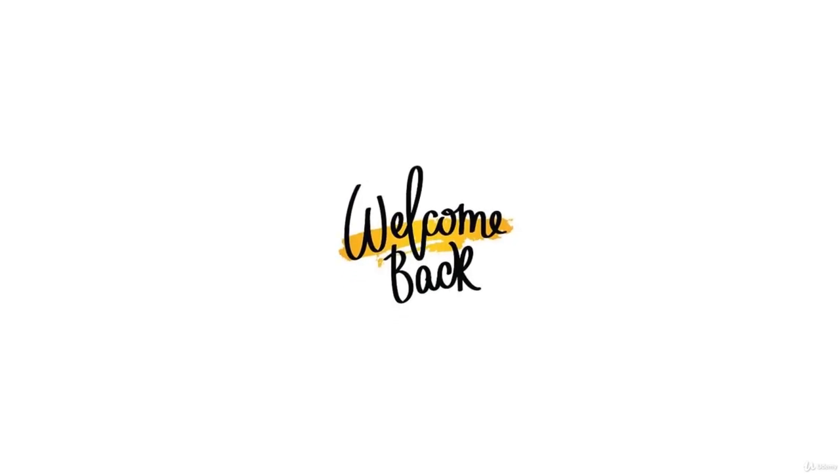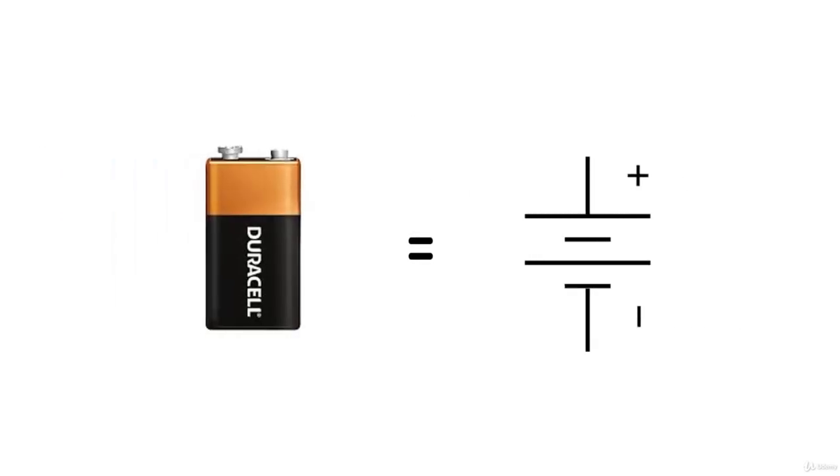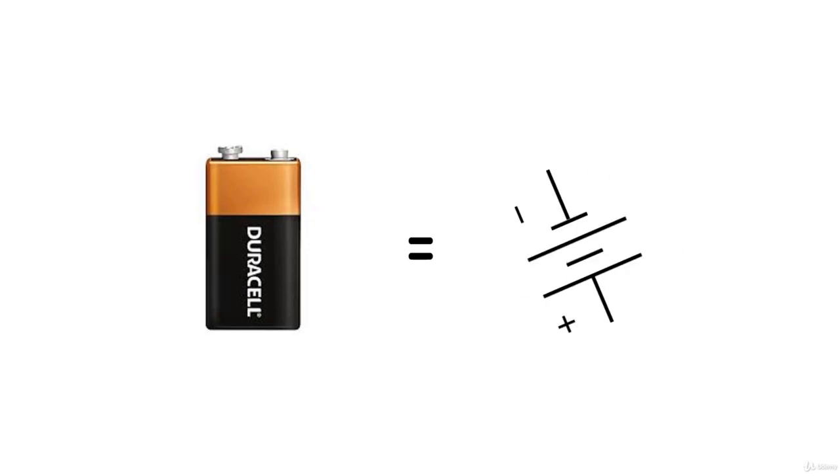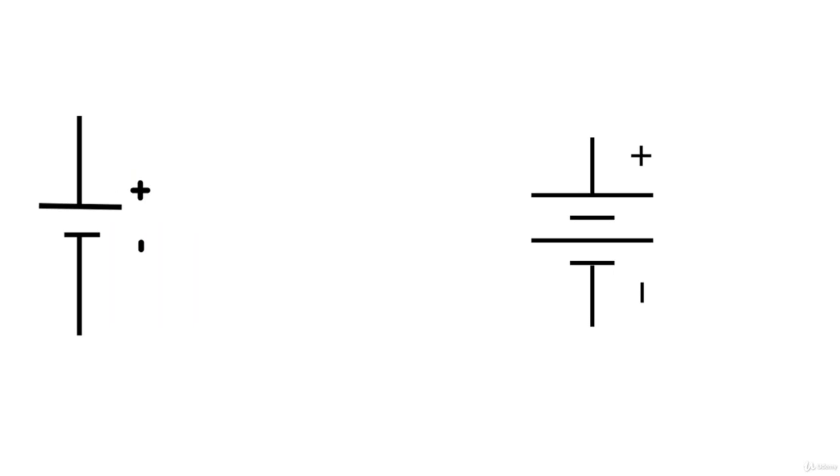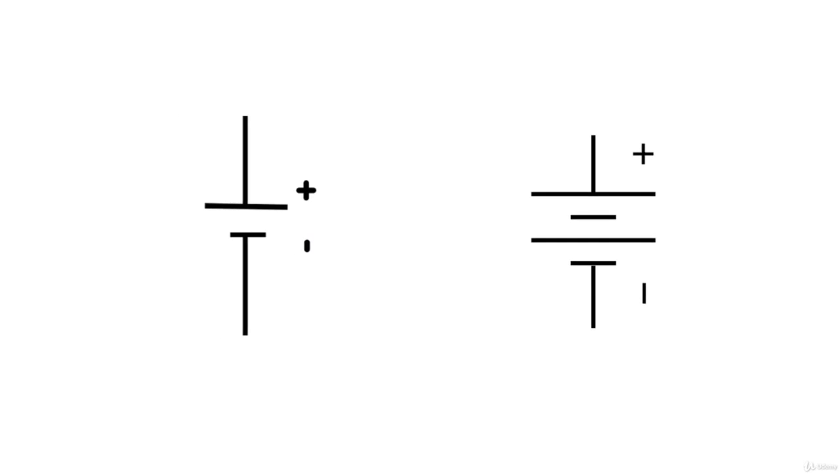Alright, welcome back. So in the previous course we could see that the symbol of a DC power source, which was a battery in our case, looked like this. Actually, there was another symbol that we used, such as this one, and now you might wonder what's the difference between the two? Well, the actual symbol of a battery is this one, while the other one represents a battery